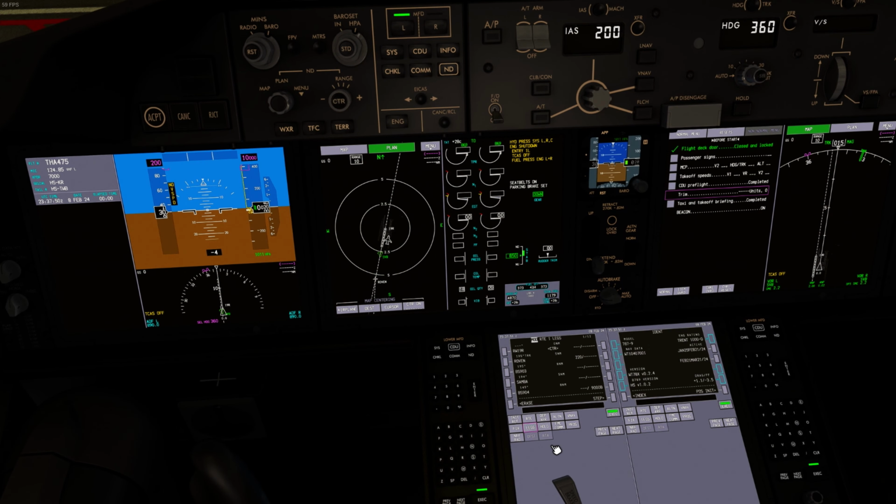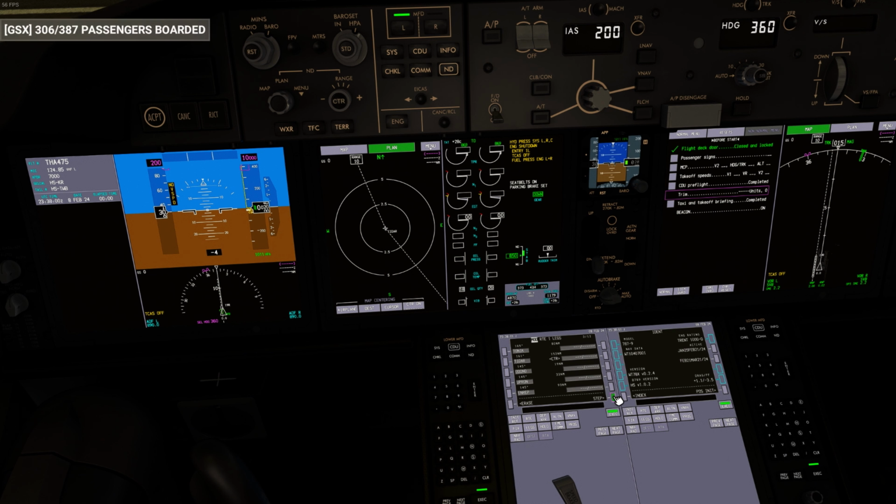So we'll hit the legs page here. So there's a departure off of 19 right, turn kind of southeast bound. Cool. Everything connects up, no